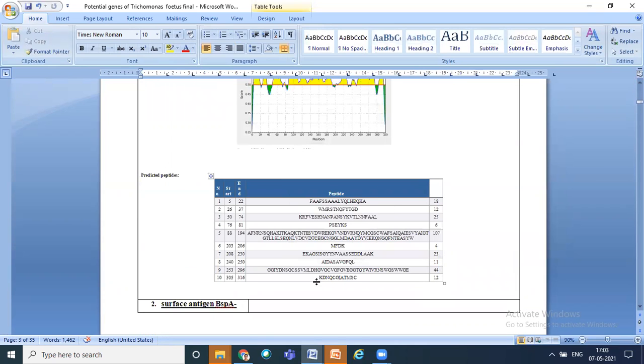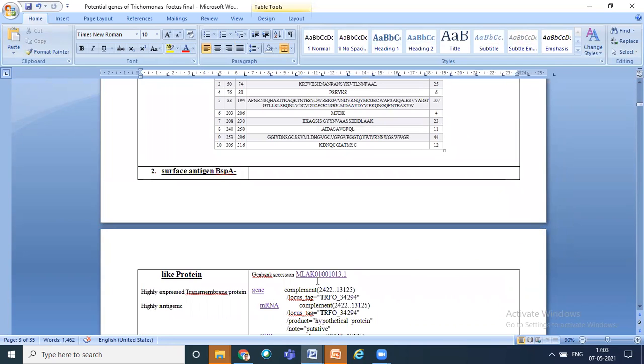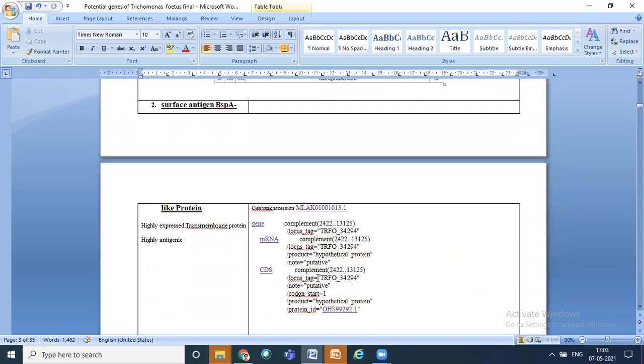your gene sequence. Don't worry about searching the gene sequence from the database, because if I give you some ID, it will be easy for you to find. Just how I showed you for your insulin and all, very popular proteins. Popular means many people have worked on them, so you have the IDs. But these are not popular proteins, not many people have worked on them. It will be difficult for you to find out from which region to which region your gene sequence falls. It is very big, it will take a lot of time. Don't worry about it. Anyway, I have the sequences with me.